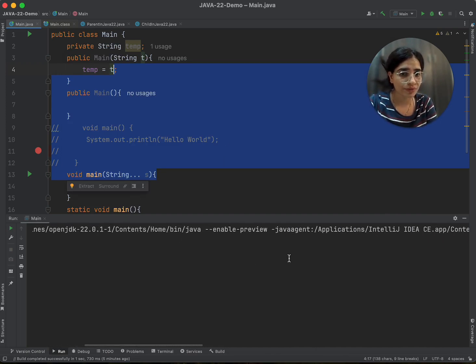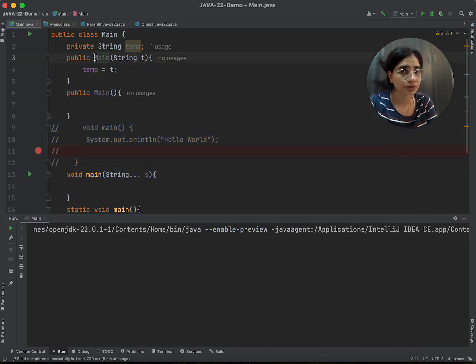Also you can see whenever I'm running this, it is running with this enable preview with it, and that's why I'm only able to see this functionality of main method. If I just try to run with Java 22, which is a stable version, then you will not be able to see the preview changes, right? So you make sure whenever you want to run or try this feature, you should be selecting the preview feature of Java 22 inside your language level.